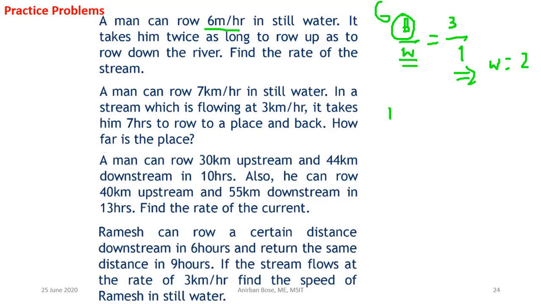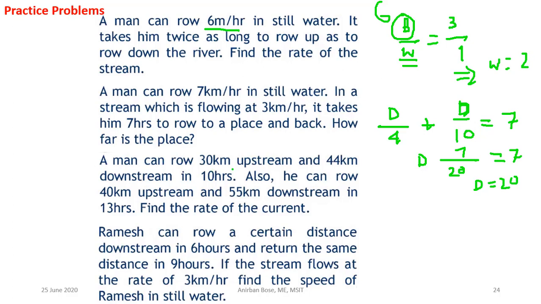Let us consider that distance is D. So D divided by, in upstream it will take 7 minus 3. That means this much of time. In downstream it will take D divided by 10, because 7 plus 3 downstream. And the total time is 7 hours. So this is 7. So what you have to do, you have to find out D. This is a very simple equation. So simply D by 4 plus D by 10 equals 7, so D here is 20, and 5 plus 2, that is 7, is equal to 7. So D is equal to 20. Okay.